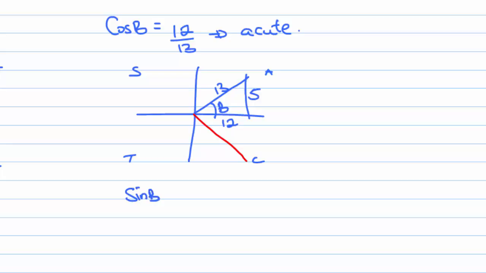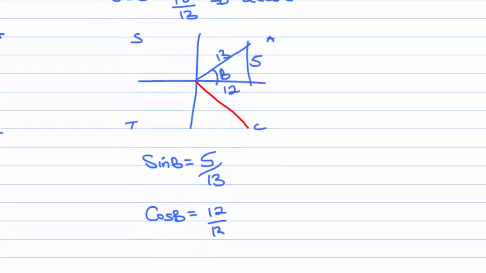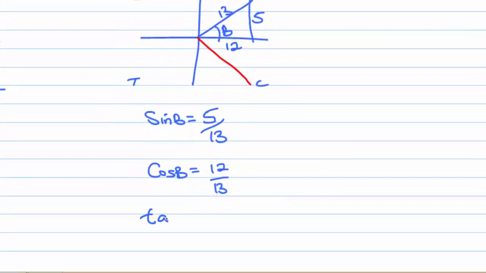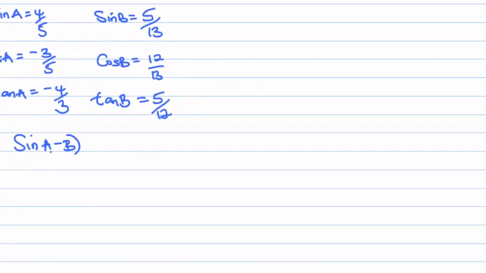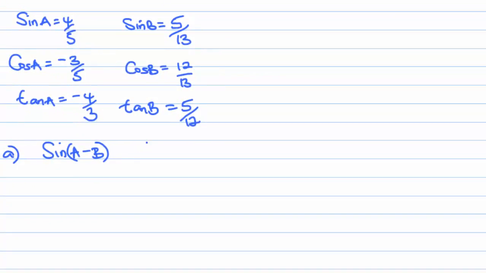So once you use Pythagoras theorem, you'll obtain your opposite as 5, and in that particular quadrant all are positive, so you'll obtain sin b is equal to 5 over 13, cos b is equal to 12 over 13, and tan b is equal to 5 over 12. Please refer to the first videos if you do not understand anything there,